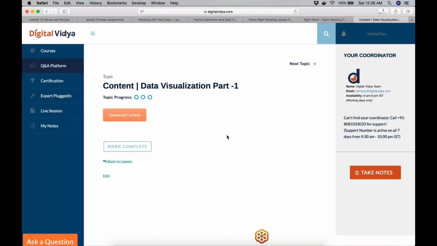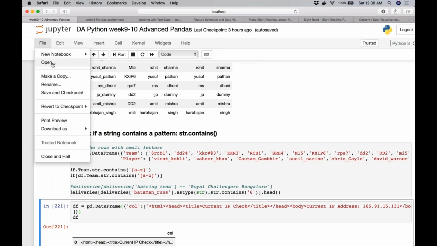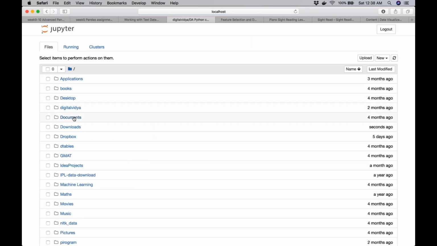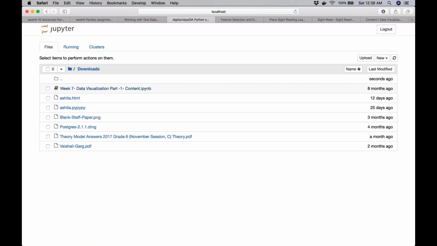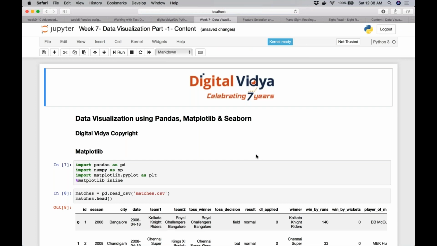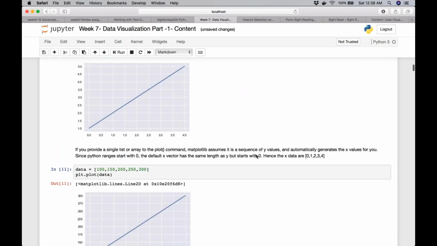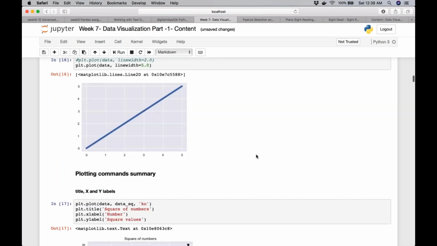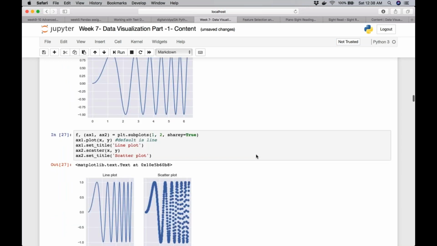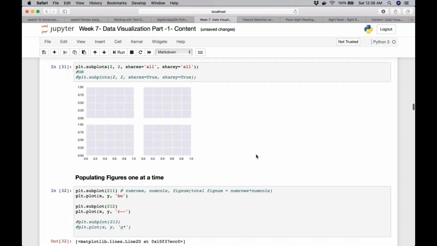But I don't think I made many changes. So, open. This is the 7 8. This is the simple plot. This is the one you're talking about, right, Uday?